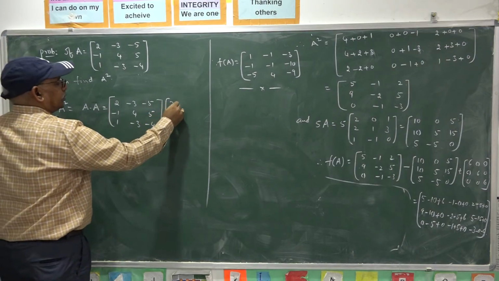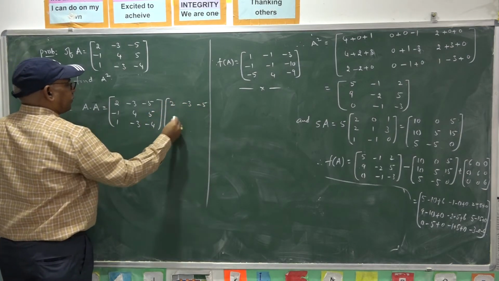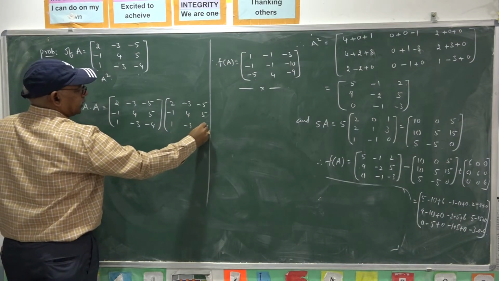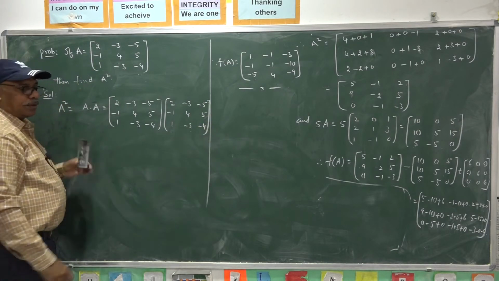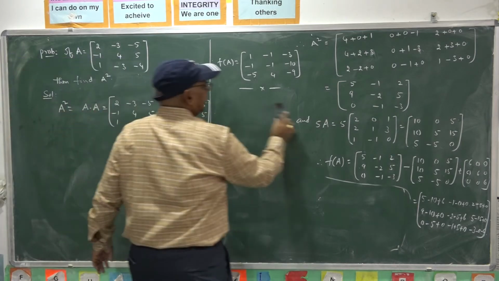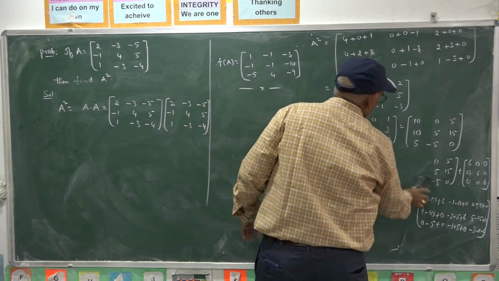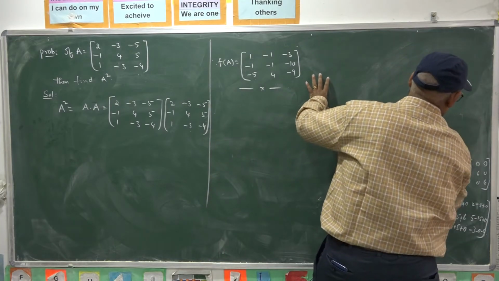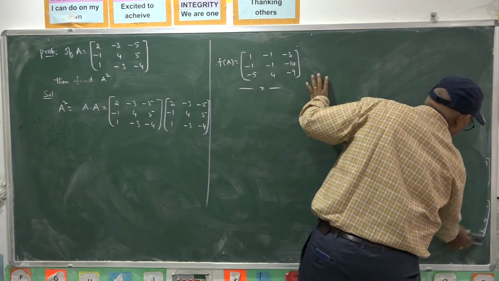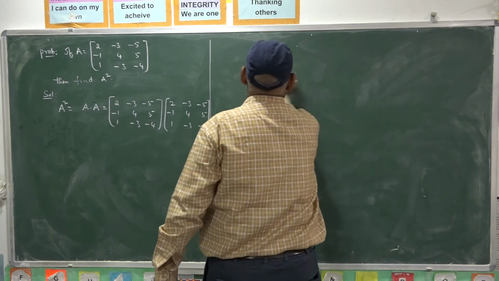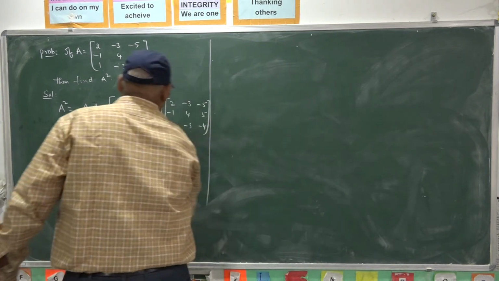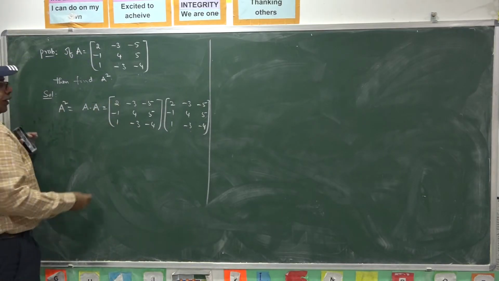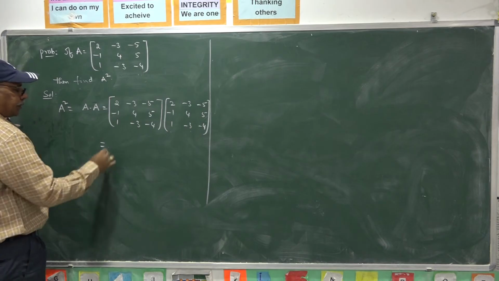So, that is [2, -3, -5; -1, 4, 5; 1, -3, -4]. Now taking the product of A with A, this is